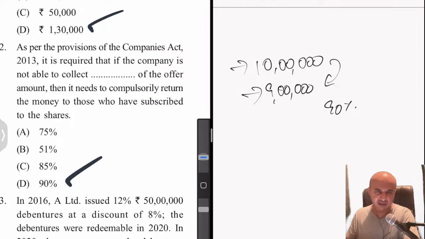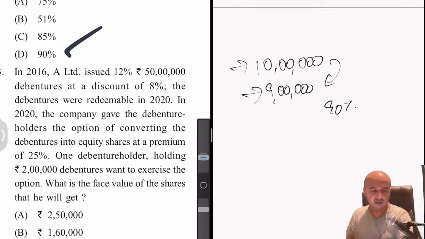Again, this is based on some section, I don't remember which section. Earlier this was only according to the SEBI provision. Now it is inserted in one of the sections in Companies Act. I don't remember the exact section number though. I think 30 something, I'm not so sure. I vaguely remember. Anyway, you can check it out. It may not be important here in CMA, that is the section number, but definitely important in company law. Just have a look at it later on. Let's move on to the next one.